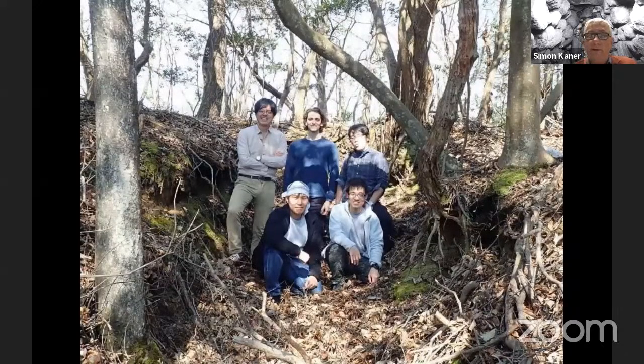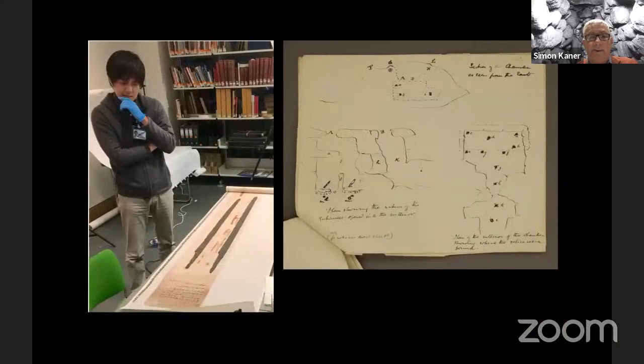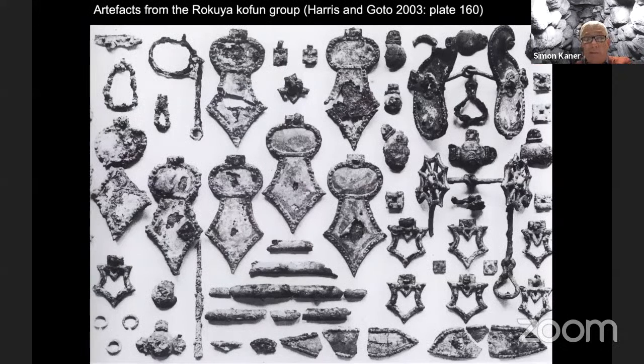Investigations have continued. Here's Luke Edgington Brown with some of our colleagues, Hayao-san, for example, at the Rokia site, which is another tomb that Gowland investigated closely and whose archive is in the British Museum. Here we have drawings and the sword from the Rokia site. Isahara-san paying close attention to that. A lot of horse trappings, which have all been conserved, courtesy of the Sumitomo Foundation.